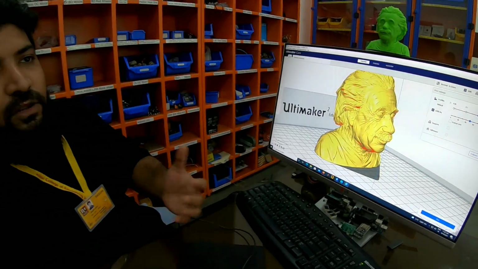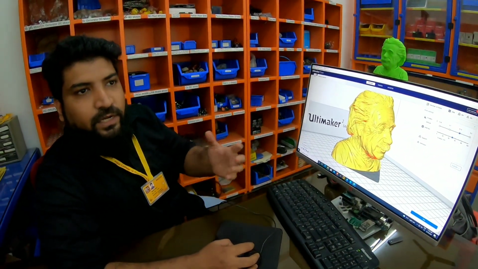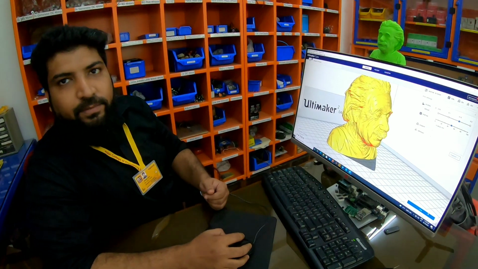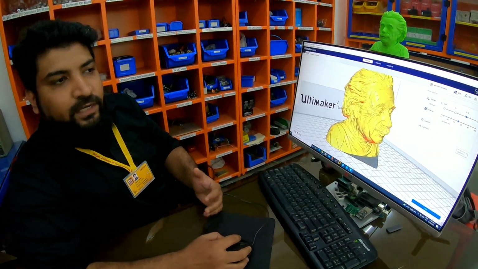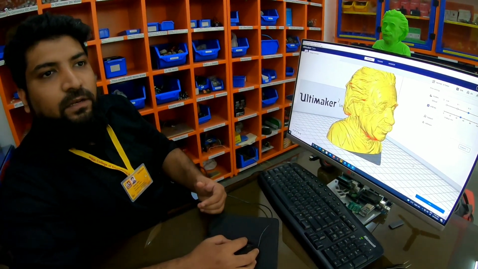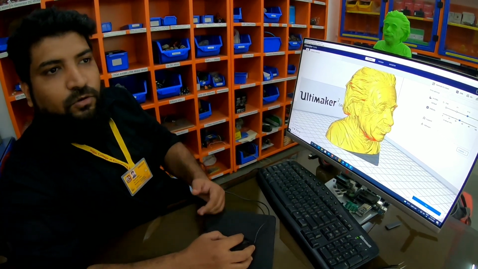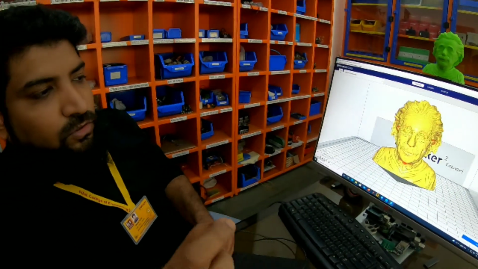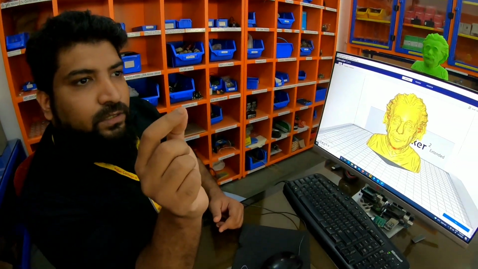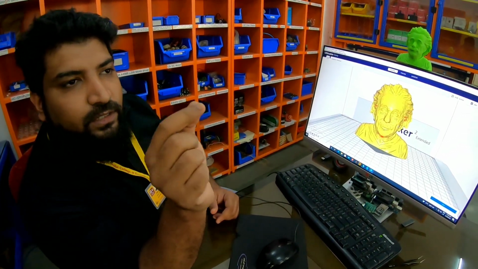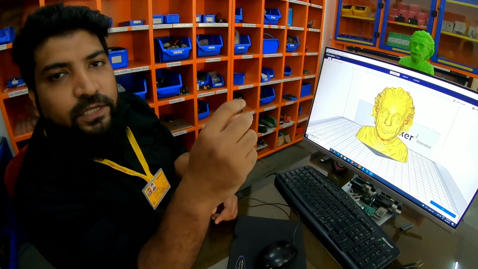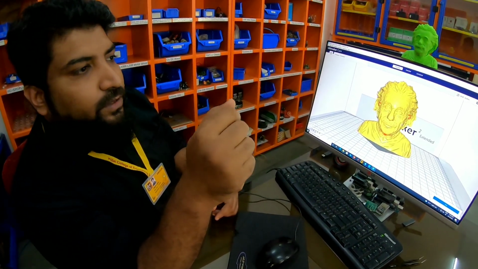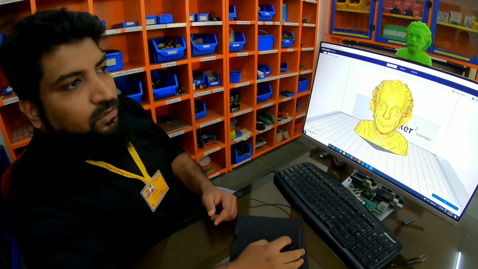So if you are developing a prototype of something, it's better to go with 3D printing and rapid prototyping. And we have the latest technology with different metal printers also, where you can go for directly printing metals in 3D printers. Okay, so the nozzle size of the filament, that is very important. The density of the filament, that is very important. So all the properties related to the machine are important.